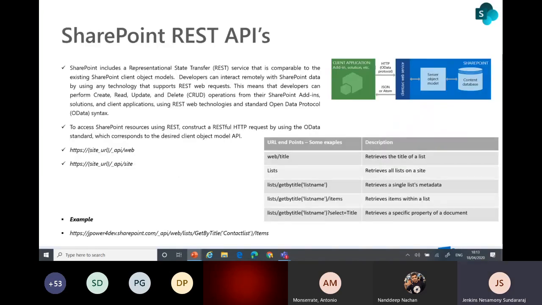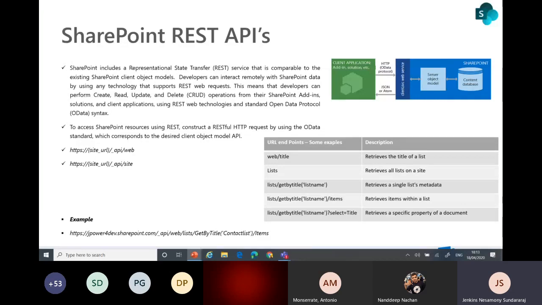The third one is SharePoint REST APIs. This is an important part. Whenever you want to retrieve data using our client-side web part, we need a REST API. The same way, we have Graph APIs to get all the Office 365 related data. If you want to get that, you can go with the Graph API. The performance is also good.